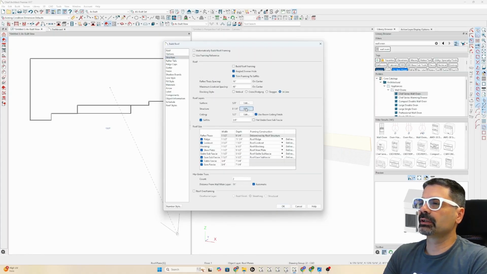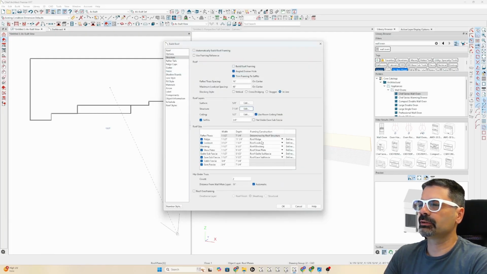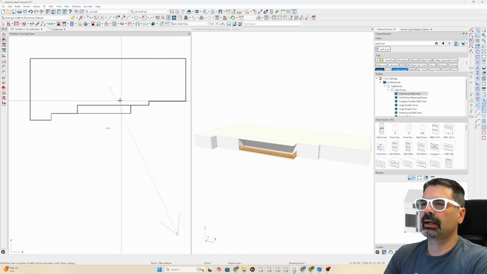Structure, I'm going to look into this and say this is probably not 2x10s. So I'm going to change this to 2x8s for my rafters, and 16-inch on center. Very good. I think we'll leave it at that. To start off with,